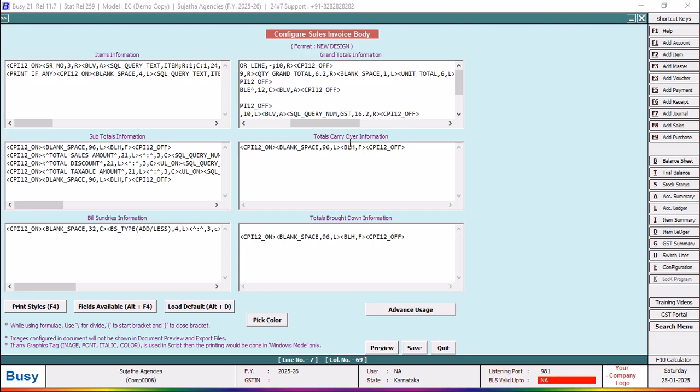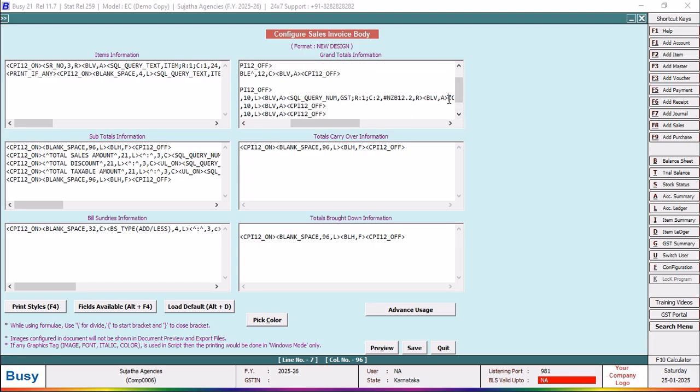Here in the query, the name of the query is GST semicolon, row is equal to 1, column is equal to 2. But the space I'm going to provide is for 12 space 12, then I have to put BLV comma A, NZB. That hashtag NZB means if there is no GST percentage, then it should be a blank representation on the paper, and no value should be printed. Otherwise, if I have not mentioned hashtag NZB, then there would be simply 0.00 that will appear on the screen. To avoid that,